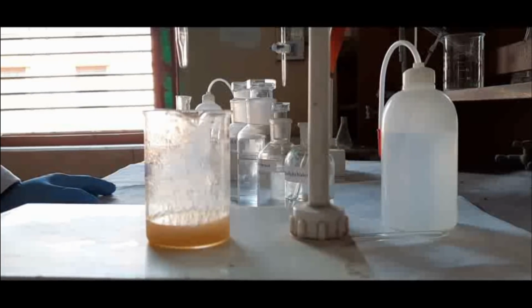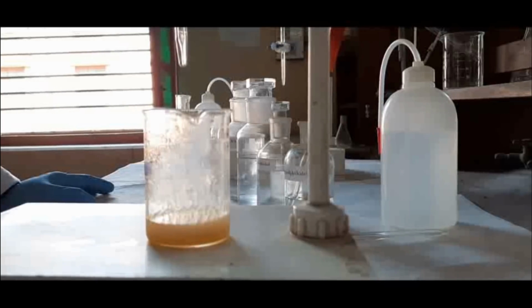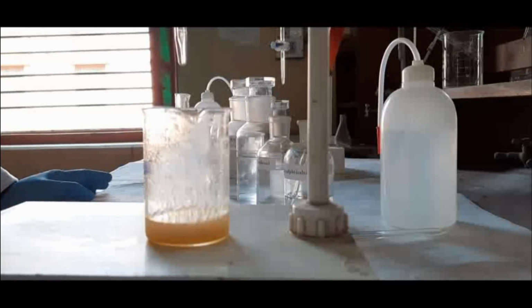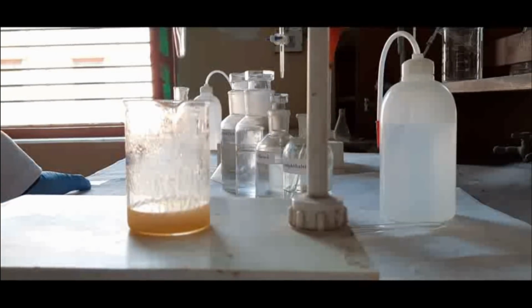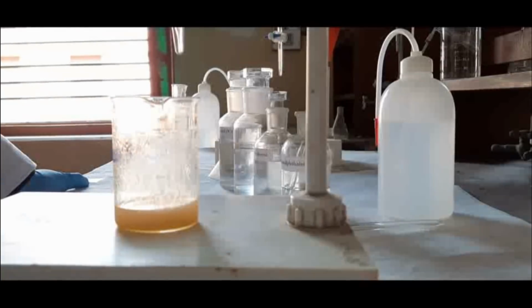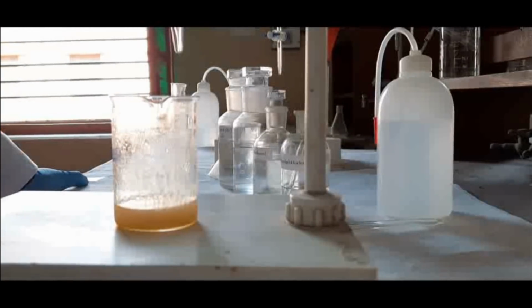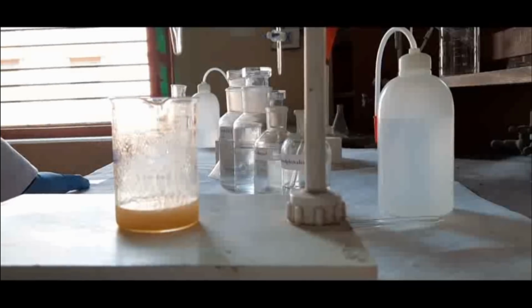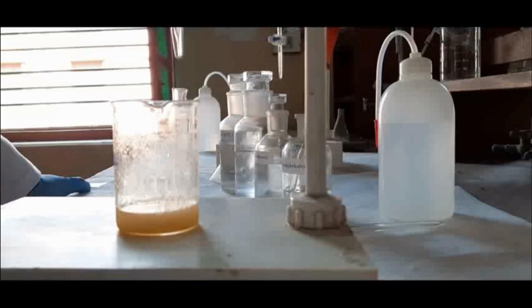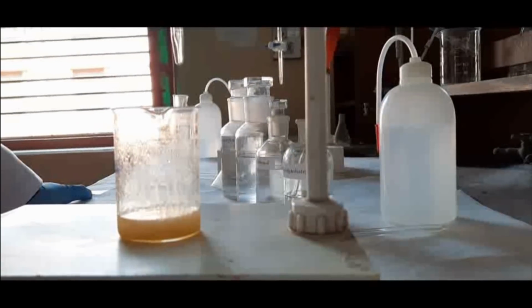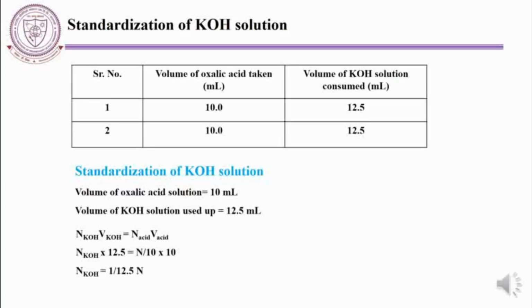We are not going to carry out this experiment a second time. We'll do it only once, because you can see that it is very difficult to find out exactly what is going on inside this oil. But it will approximately give you an idea about the quality of your oil. And this is a standard technique carried out in most industries to find out the quality of oil. Okay, so first we carry out the experiments in the lab, and then we'll note down all the values, and then we'll calculate.